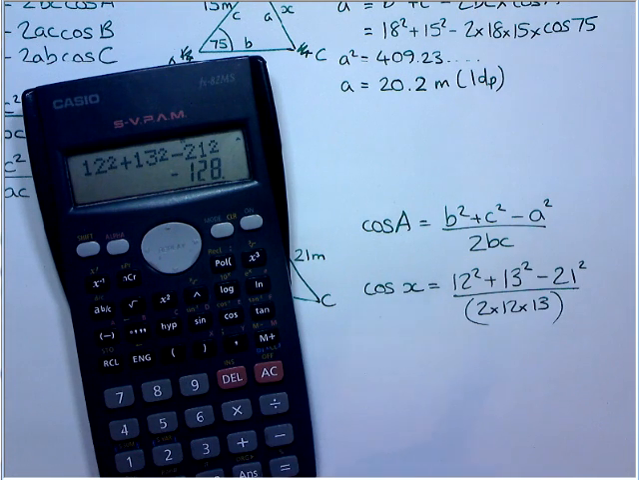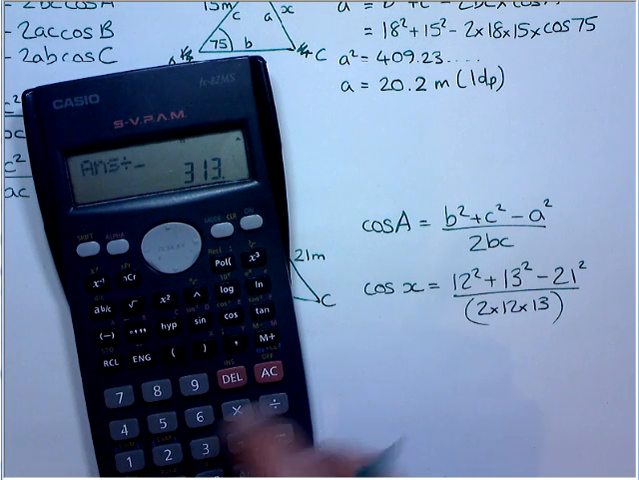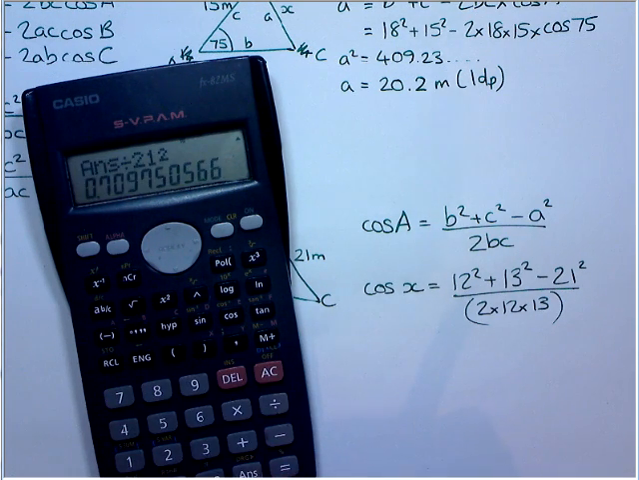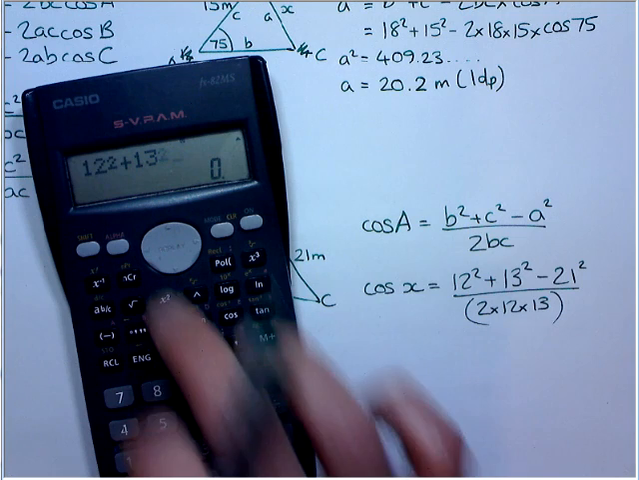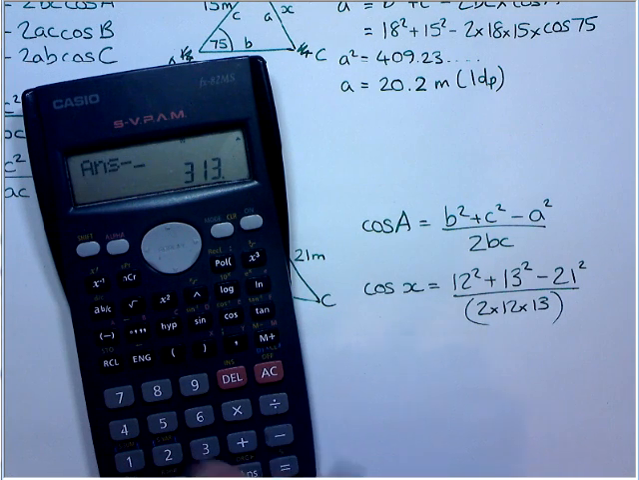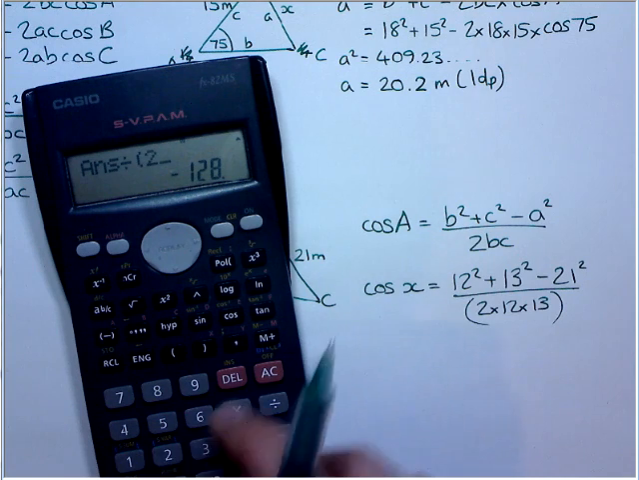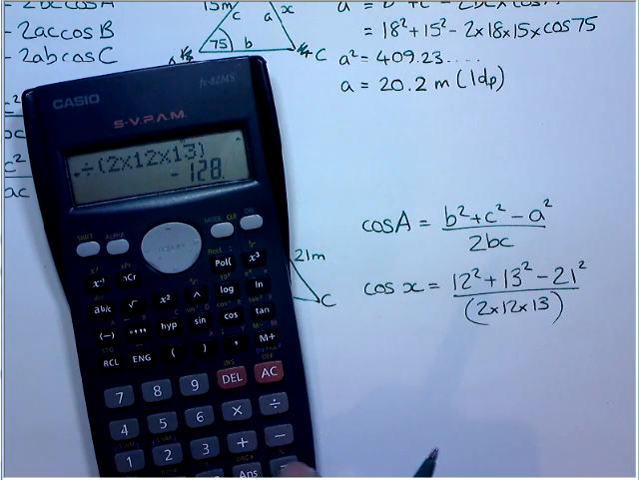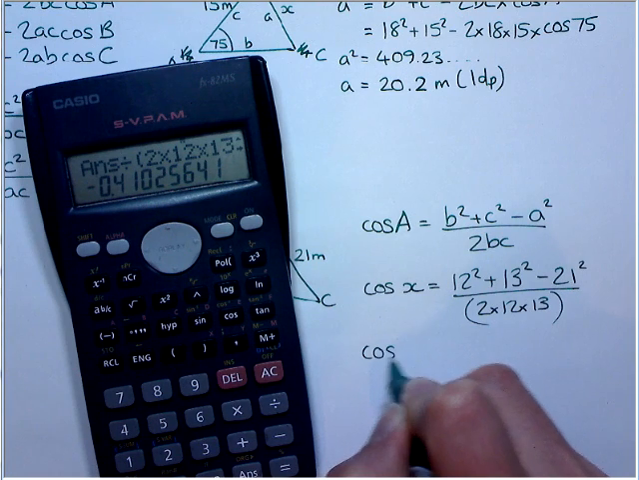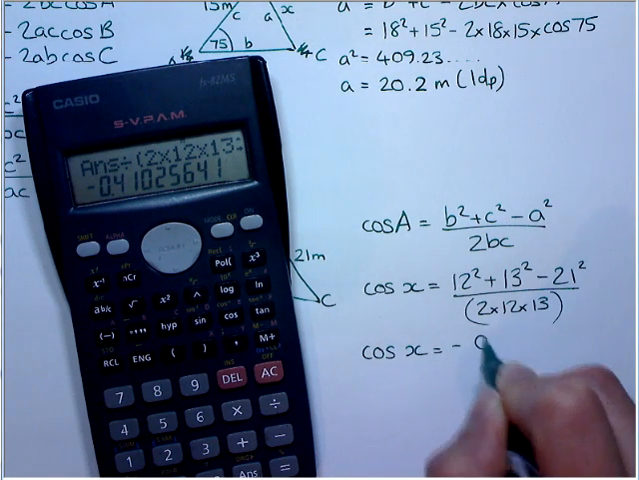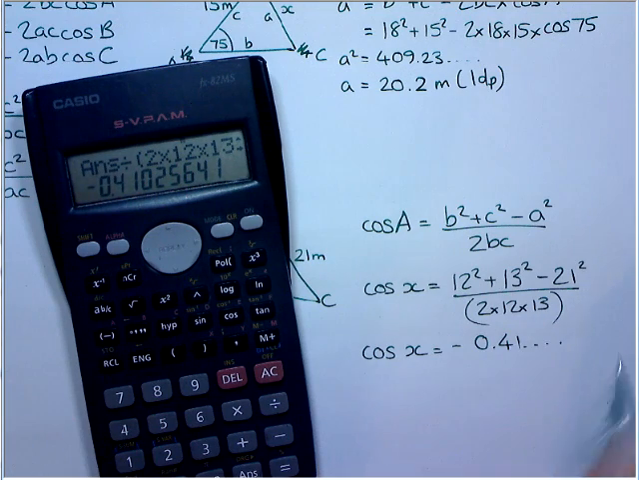So it's in there. I don't like the look of the answer, so I'm just going to type it in again. So 12 squared plus 13 squared, take away 21 squared. And again, I'm going to do it again because I still don't like that. So this is what I mean. You shouldn't really trust your calculator. So I got the first answer again, so it's definitely right. So divide it by, open brackets, 2 times 12 times 13, close brackets. So I get this. And it's absolutely fine to get a negative answer here, because if you understand the cosine graph,